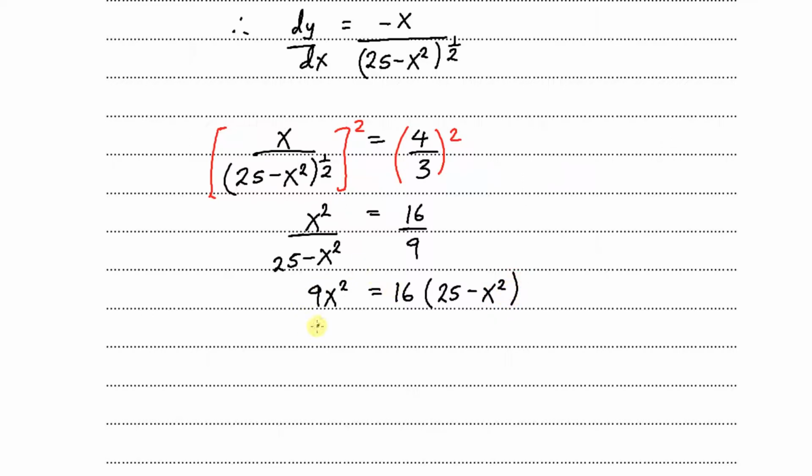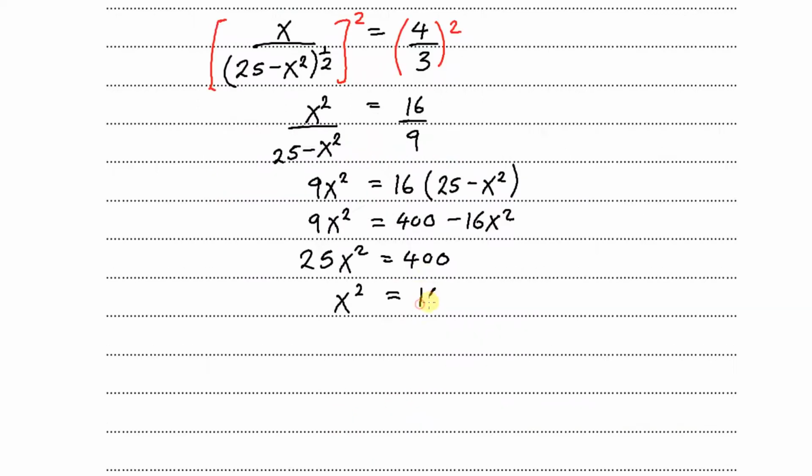So now I'll be having 9x squared is equal to 16 times 25, that's 400, and 16 times minus x squared, that's minus 16x squared. So if I add 16x squared to both sides, I have 25x squared is equal to 400. And dividing both sides by 25, I get x squared coming out as 16. So if we square root both sides,